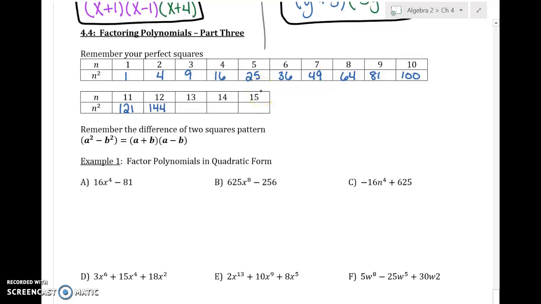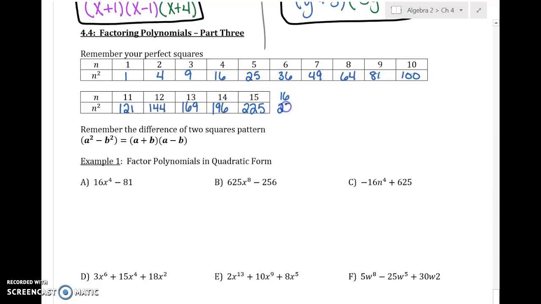Some of you have also memorized that 13 squared is 169. If you can remember that 13 squared is 169, then you can remember 14 squared because you just take the 6 and the 9 and trade places. So 14 squared is 196. 15 squared is 225. Now, some other perfect squares that are commonly used, particularly in this section, are 16 squared,